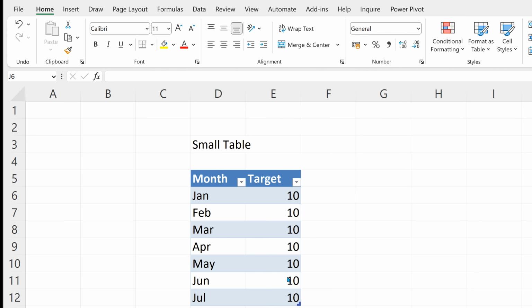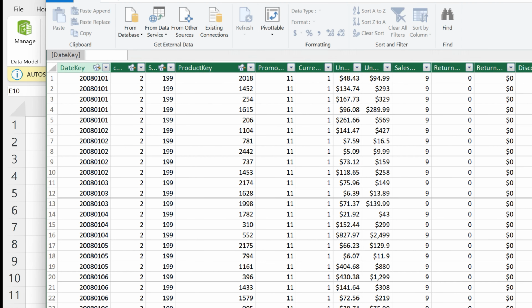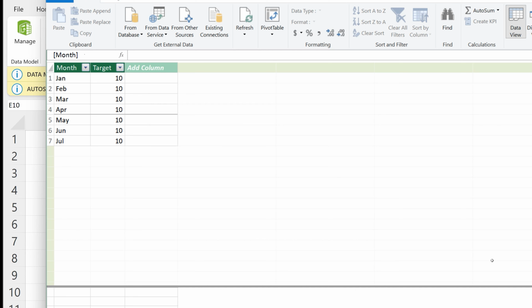Now sometimes what happens, we have already got our data model, we have got data from multiple sources, but in this file I also have some related small table. This table doesn't change very often. In that case, this table is already in this Excel file and I want to add it in data model. You can also do that. So go to Power Pivot and say add to data model. Add what? The table which is currently in selection. You don't have to select the table, just stay inside that table somewhere. And now when you do that and go to data model, even that table will be added. Don't do it for large tables or those which are going to change frequently. Small lookup tables, this is done.